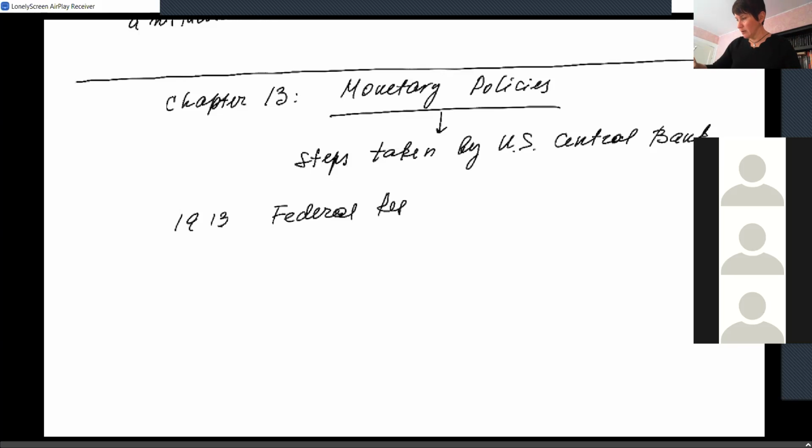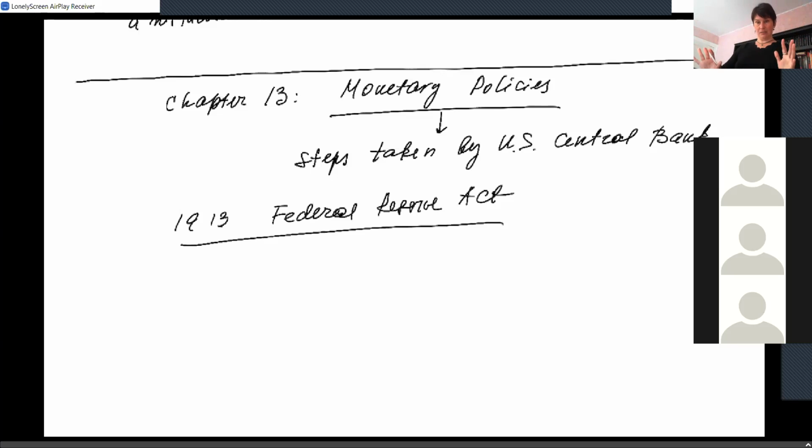Federal Reserve Act. In 1913, through the action of the US Treasury, Alexander Hamilton, okay, the Federal Reserve Act was developed and approved, an act through which all the US states were broken into Federal Reserve districts with one main district as a head that supervises the rest of the banks.